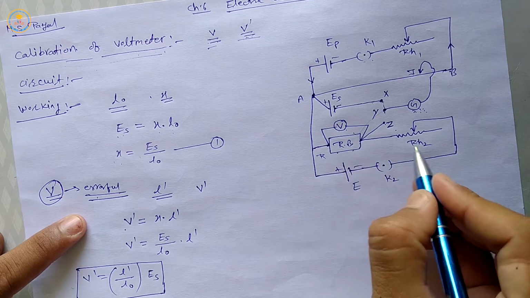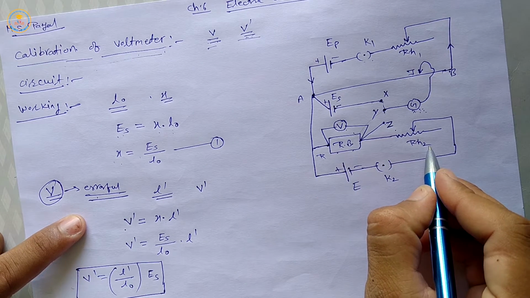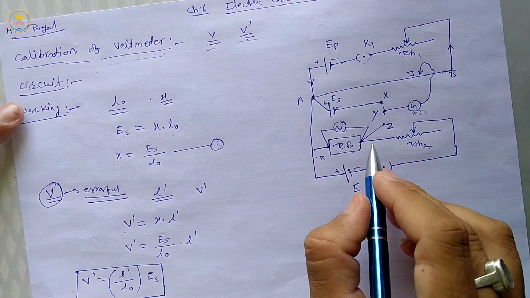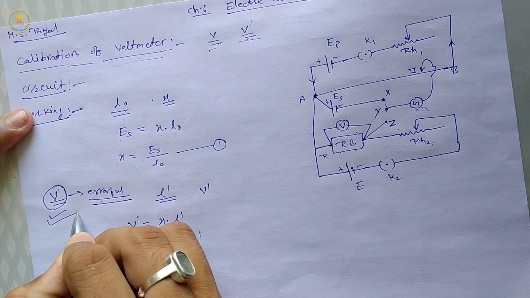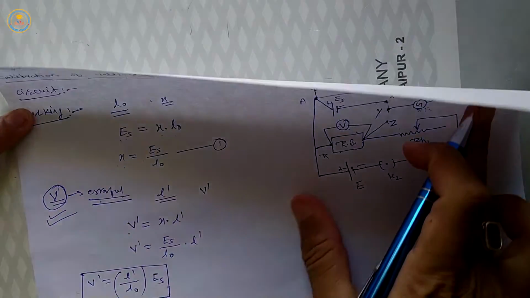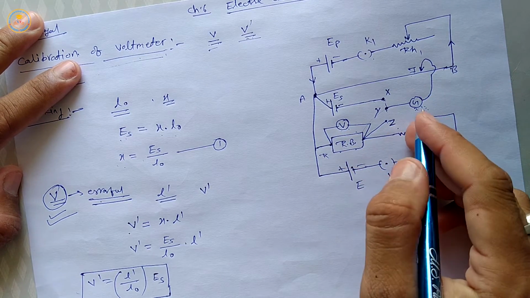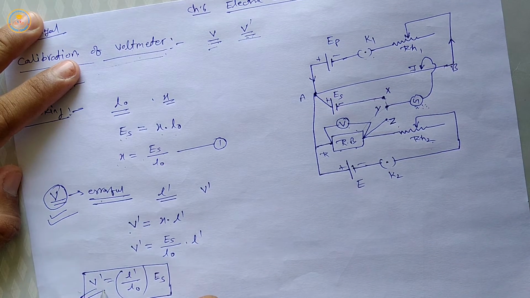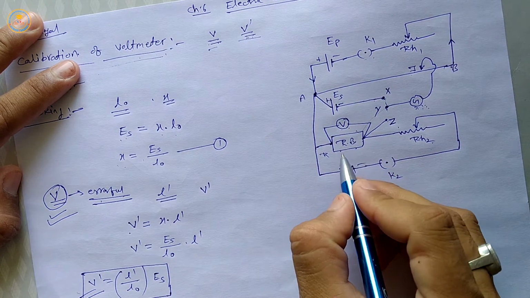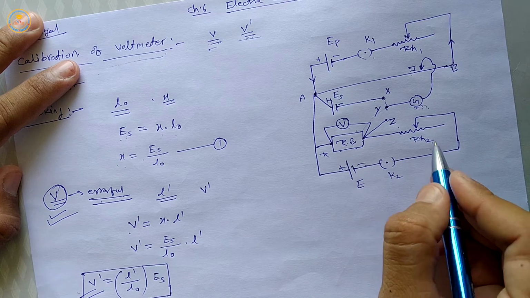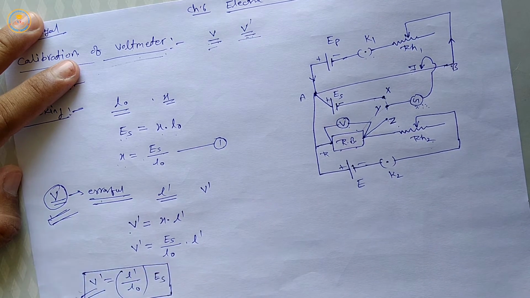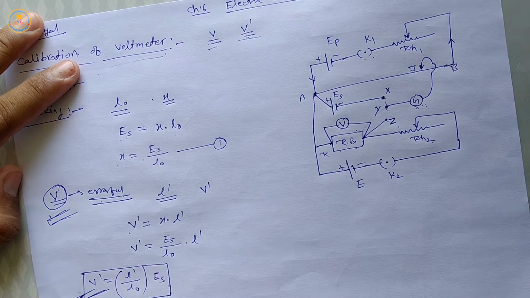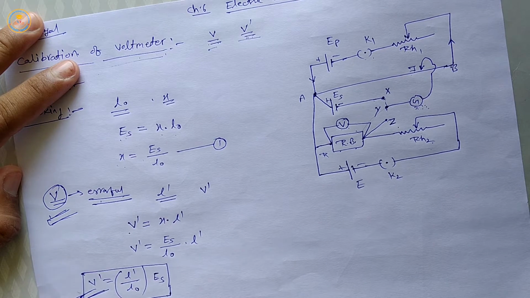By the help of this resistance box and rheostat RS2, observe different values of voltmeter reading V, and for each find the corresponding value of potential difference by the potentiometer, this V dash. Then for different values of R and RS2, we get different values of V and V dash. By these values, we find different values of the error del V.